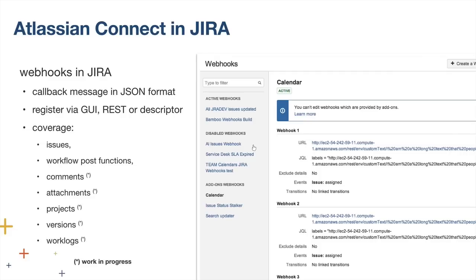And the changes about which you are going to be informed at the moment relate to issue and workflows. But as I speak, the JIRA ecosystem team is expanding the coverage to comments, attachments, projects, versions, and worklogs.